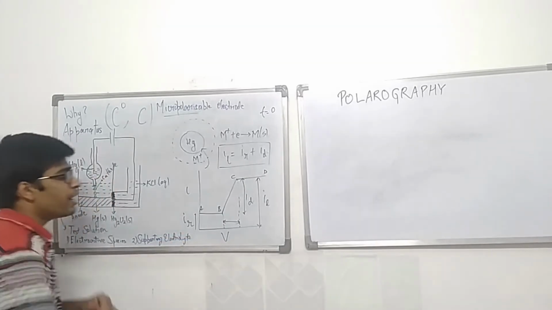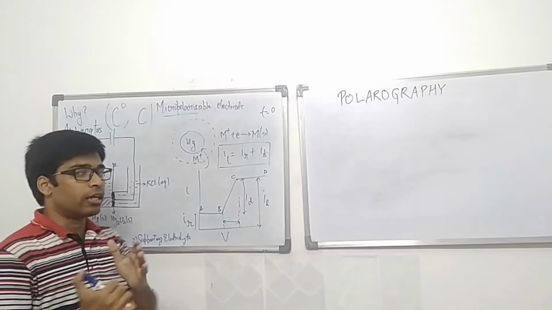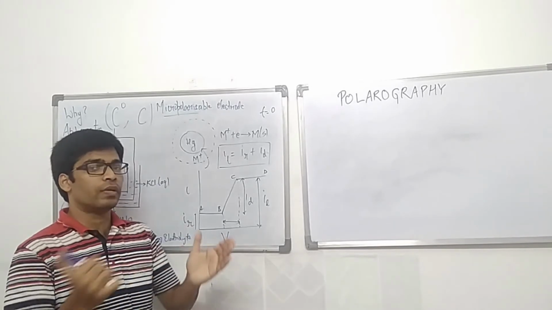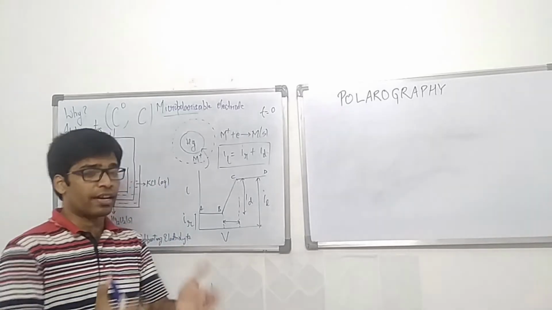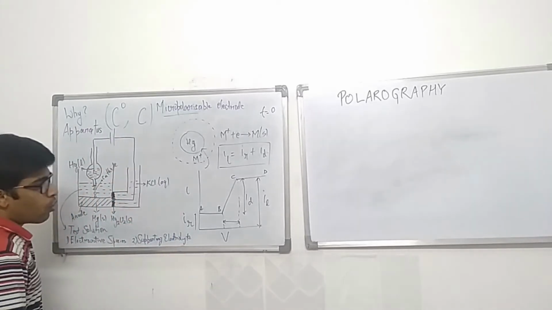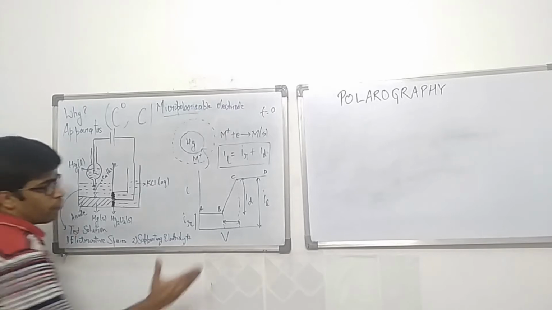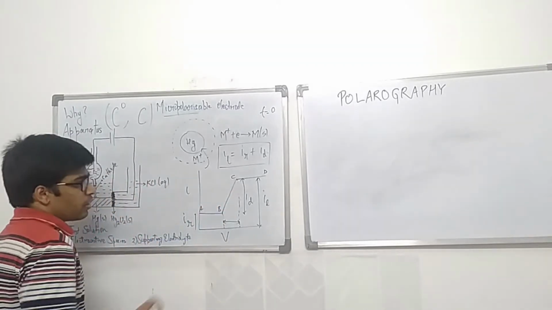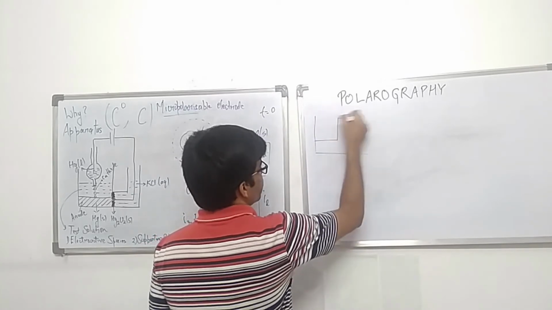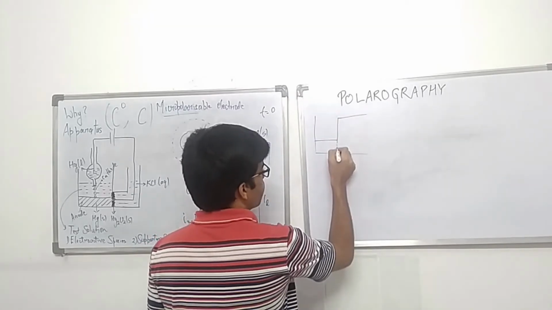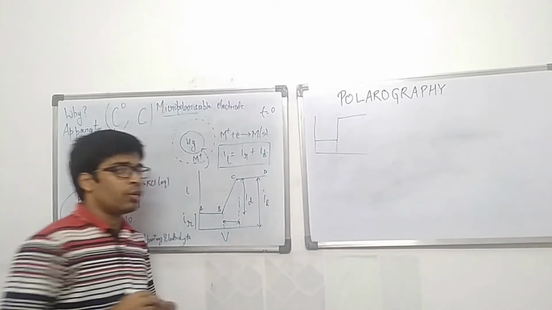Okay. Now it is also possible that a mixture of 2 or 3 ions, 2 or 3 electroactive species, are used at the same time to identify them. Now, what will be the ideal situation for this deposition? The ideal graph should look something like this. A very steep line. That means only at one potential, the entire deposition process is taking place.